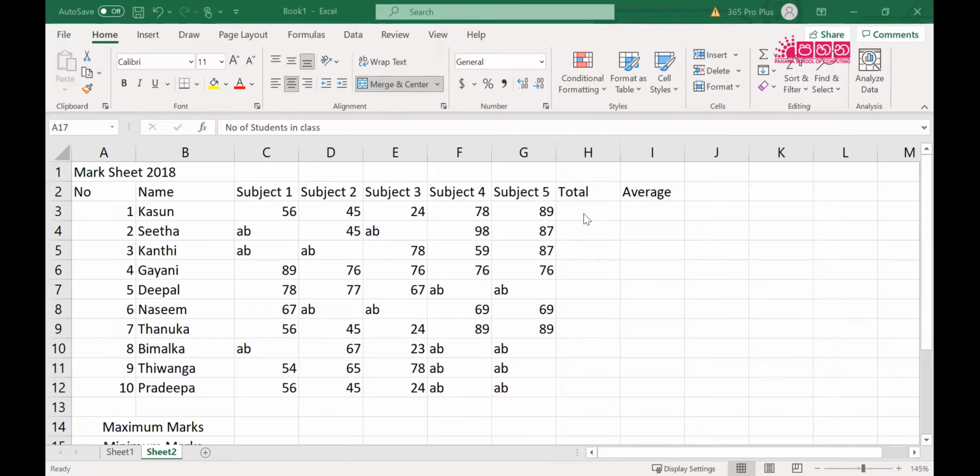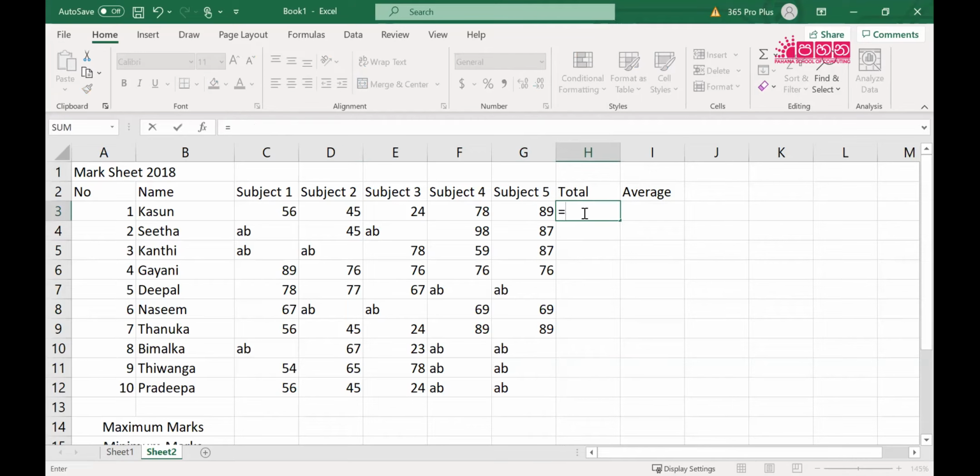Can you tell me what is the function I have to use for finding the total for Kasun? Yes, what is the function? C3 to G3. Okay, so we have to use a function here.